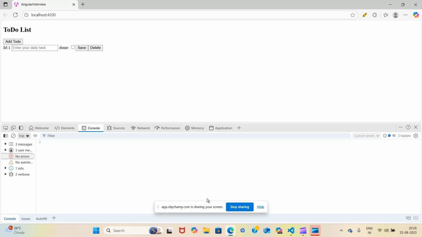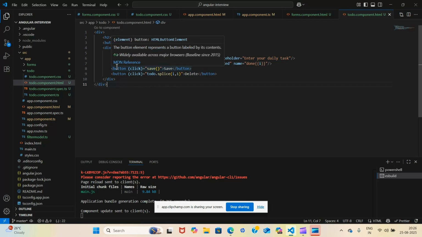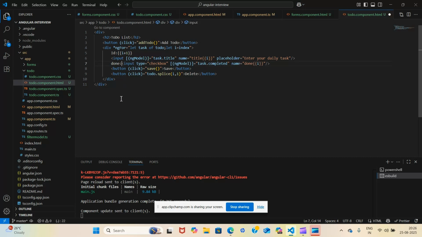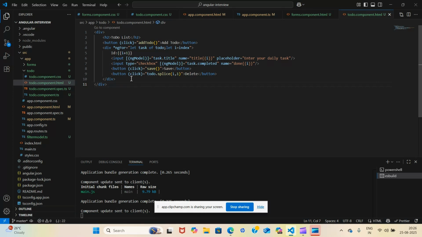Okay, so this is working fine, and we can in fact add the data. But this done is not looking nice, because it's very intuitive that this checkbox is for completion, so I'll just remove that. Okay, so let's save this, and this is working fine. But now we want one pending task, and I also want this task to be displayed.